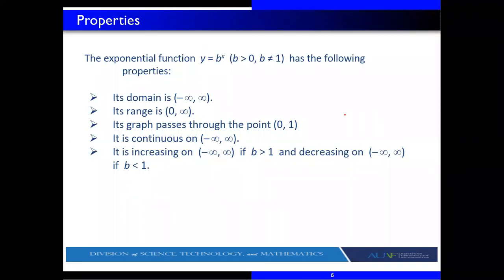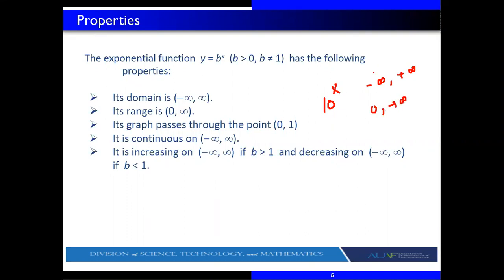Properties of exponential function: we know that the base must be a positive number, like 10 power 3, 10 power x. You can give any value to x, from minus infinity to plus infinity, and the result will also be a positive number. Negative values are not possible. So the range will be from 0 to plus infinity.